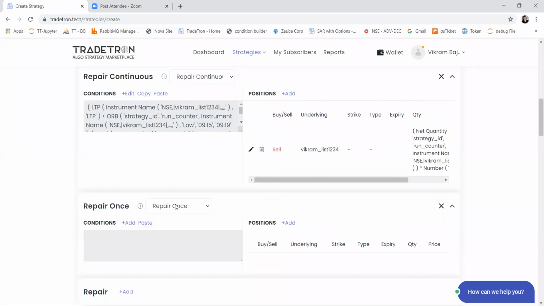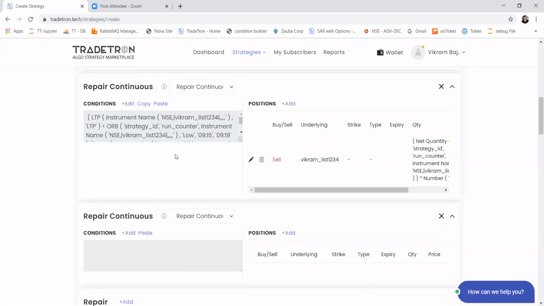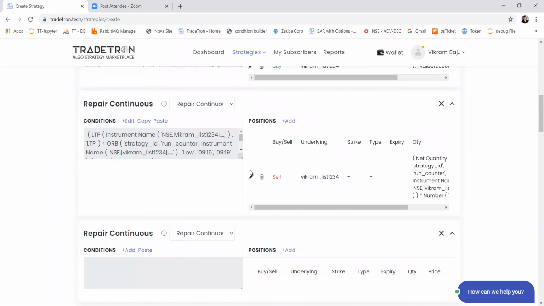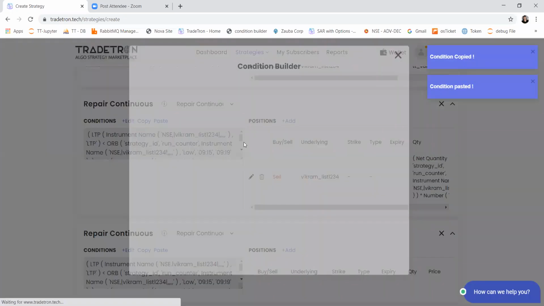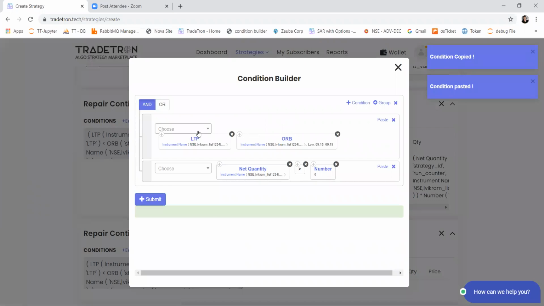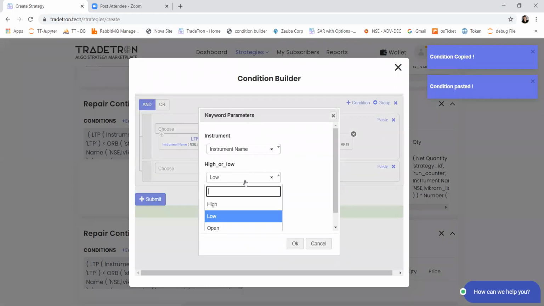Similarly, I'll add one more repair continuous for buy side. So let's say if again price hits my stop loss for this short trade, I want to reverse this position and I want to go long again. So I'll copy this, paste this block. This time I want to compare with high again of the same block,